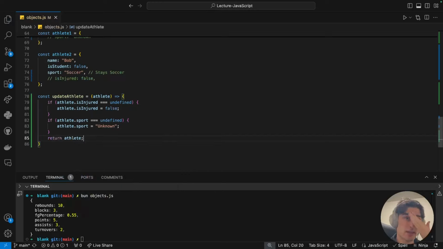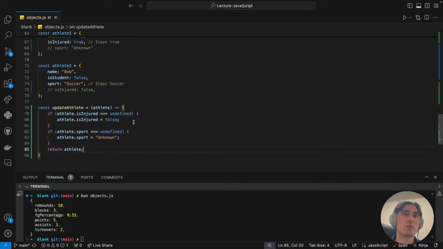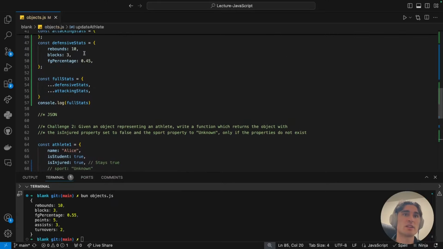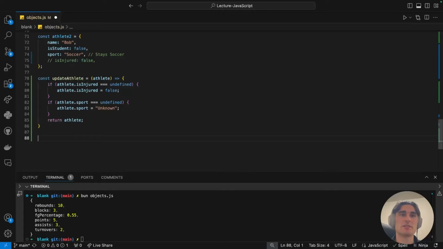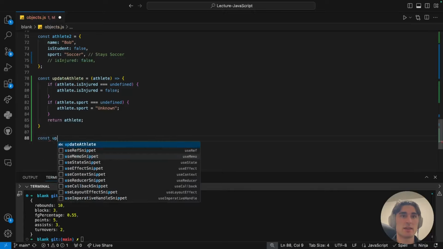A better way is to use what we just talked about with overriding object properties. Basically, what we want to do is say, hey, first we'll set isInjured to false, and we'll set the sport to unknown, but later, if the properties were already defined in the object, they'll overwrite those properties. Otherwise, they'll remain what we set them to. So we can actually do this in a single line. We can say update